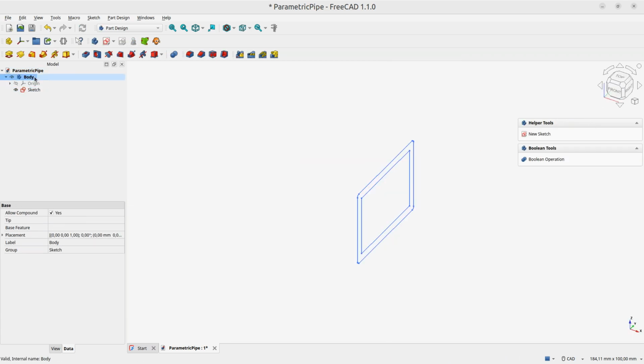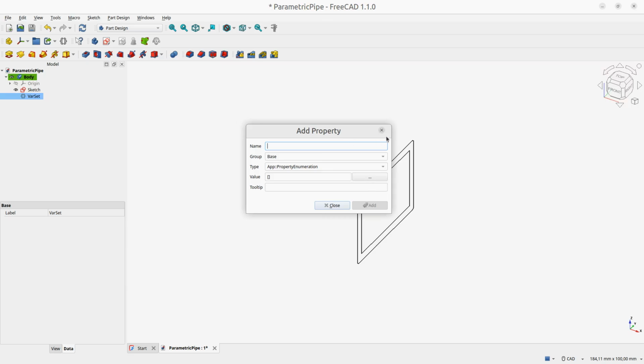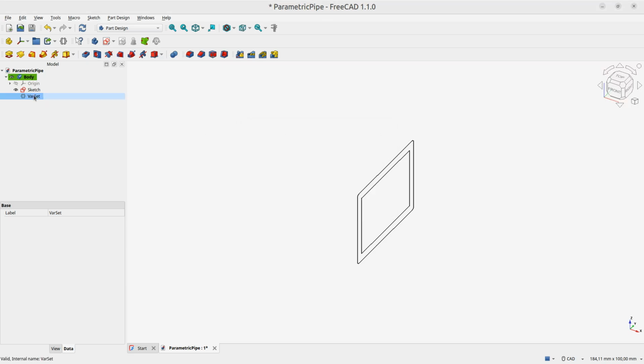And then in the body, I'll click this icon here, which is variable set. This adds a variable set. I don't add any properties for now, but this variable set is where I'm going to store all the properties that influence how that pipe is constructed. So let's rename this variable set, give it a label, call it configuration,